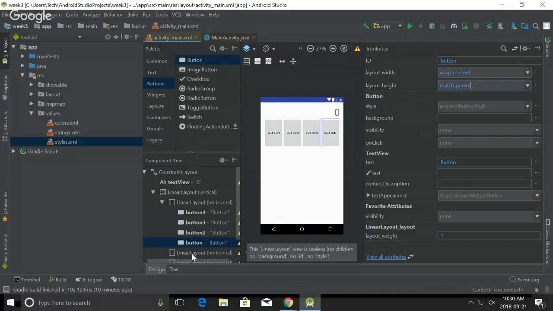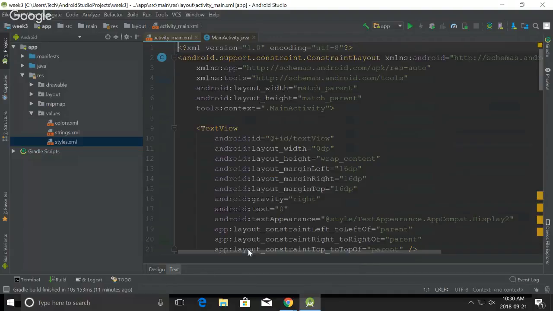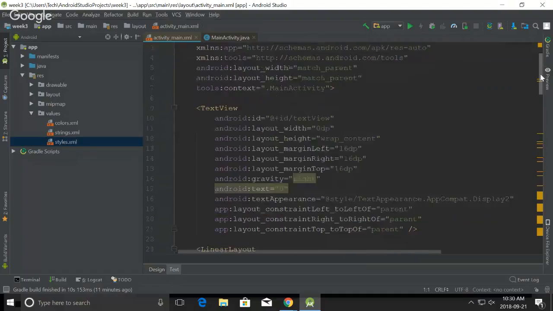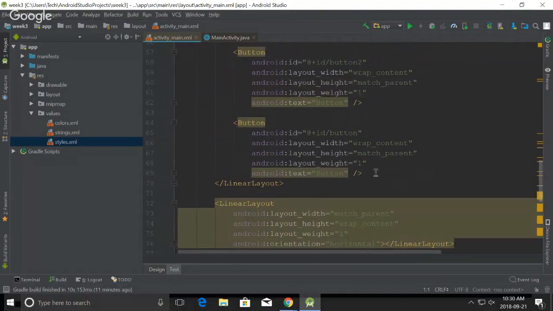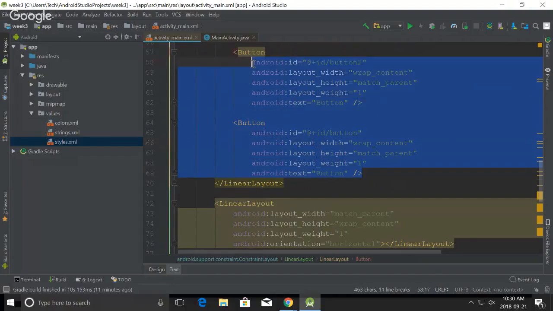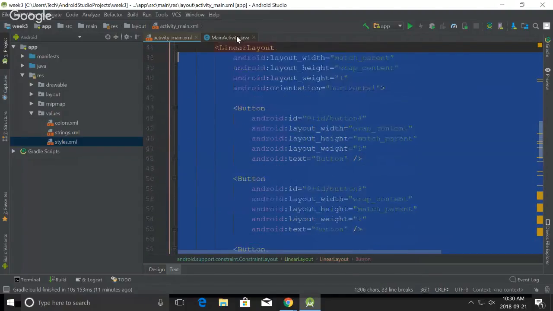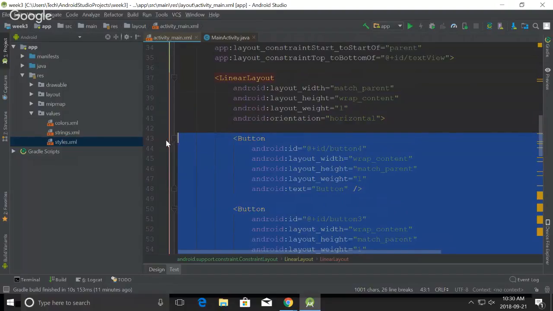I'll be changing IDs in a second, but now I don't want to do all that manually, right? So I would have to add another 4 rows of buttons one by one. That would take a little bit of time. What I will do, I will switch to the text, scroll down, take my buttons, copy, and I will paste them